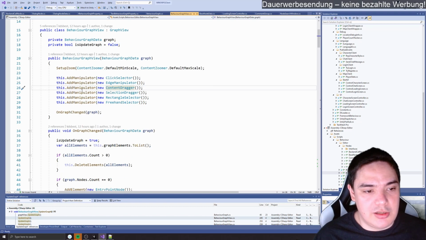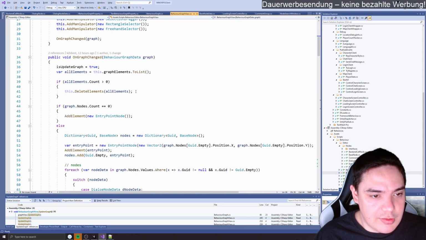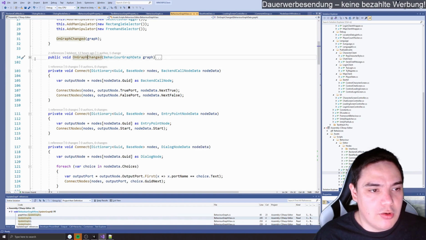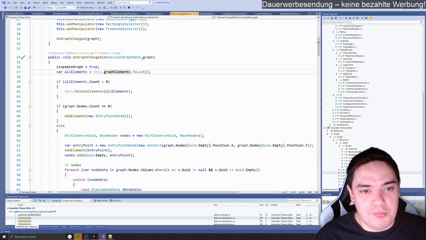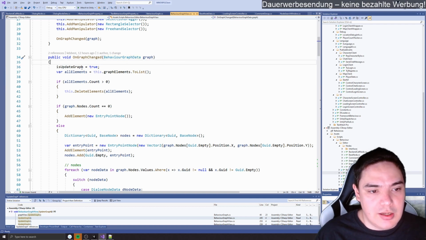You add manipulators, and they give features to the screen, like setup zoom and everything. And we have two functions which are the main important ones, which is on graph changed. This is basically loading. So when our graph data changes or we load, then this comes in,